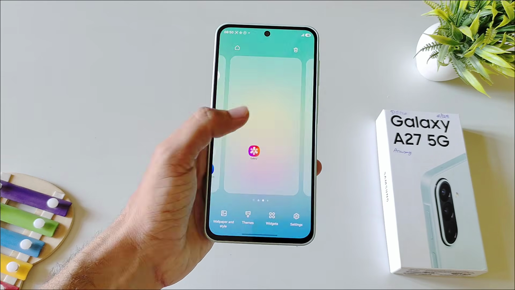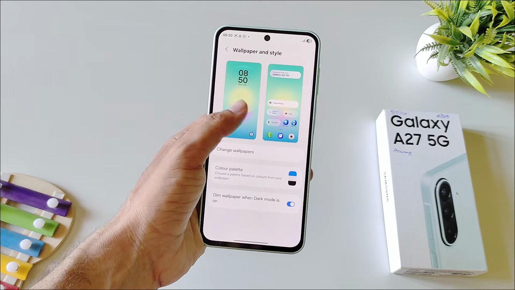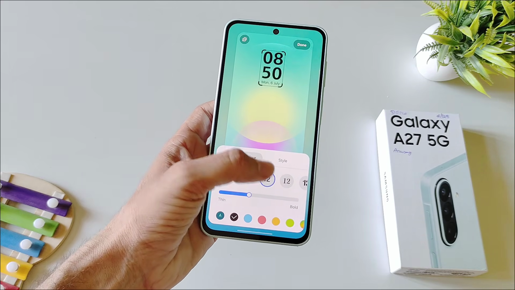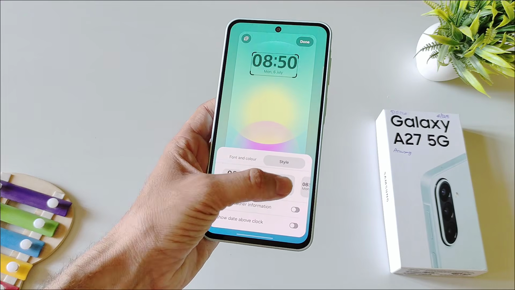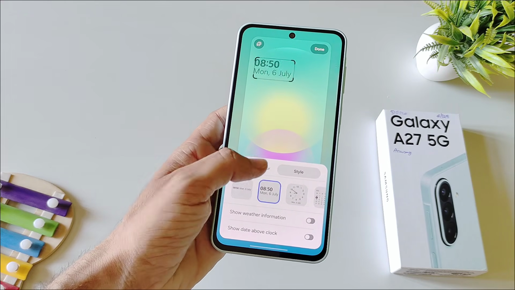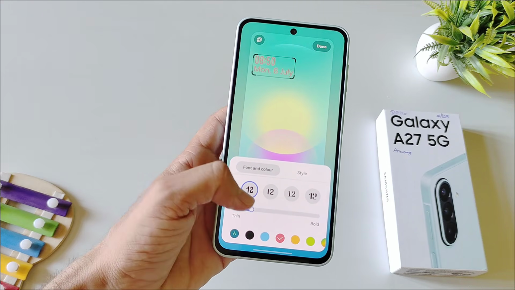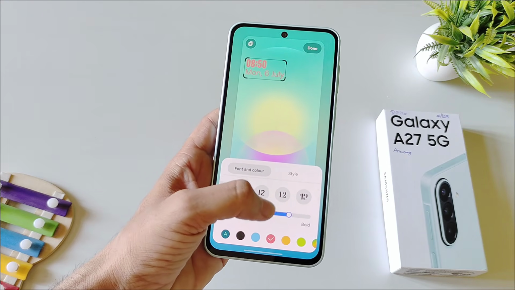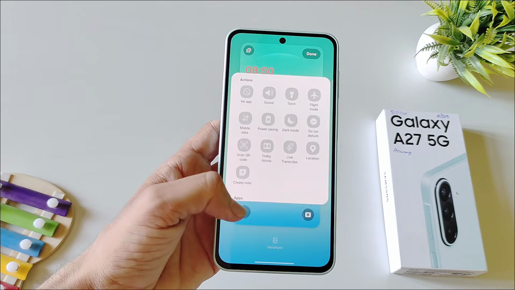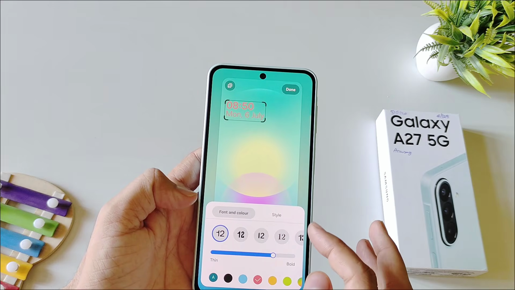You can fully customize your locked screen and make it look really cool. Tap and hold on your home screen, select wallpaper and style, select this lock screen. From here you can change the style of your clock, you can change the font. From here you can also change the color and make it thin and bold. From here you can change these quick access applications. From here you can also add any widget